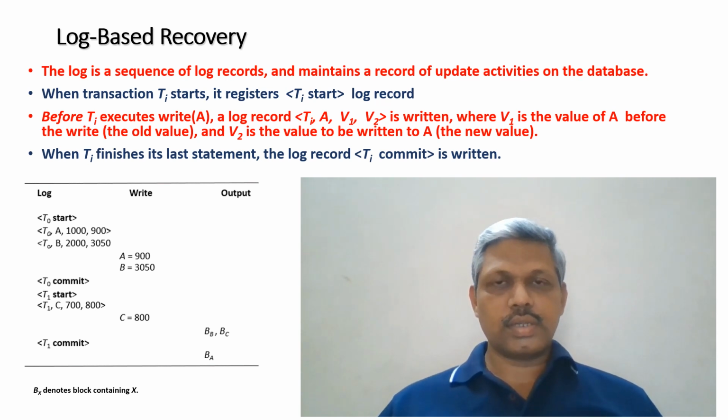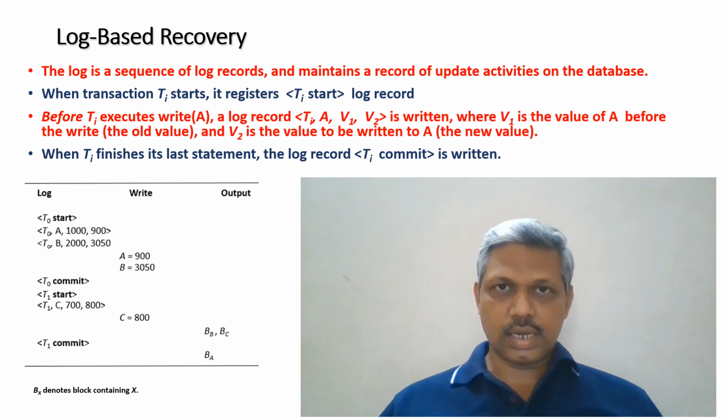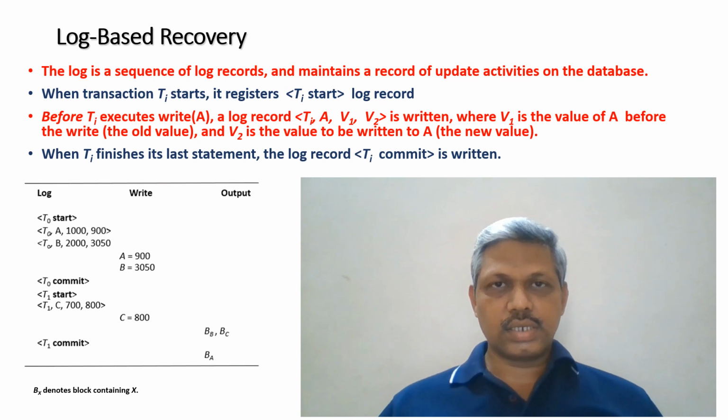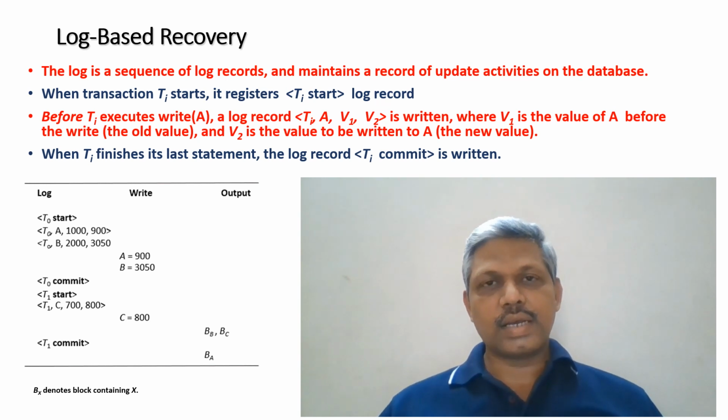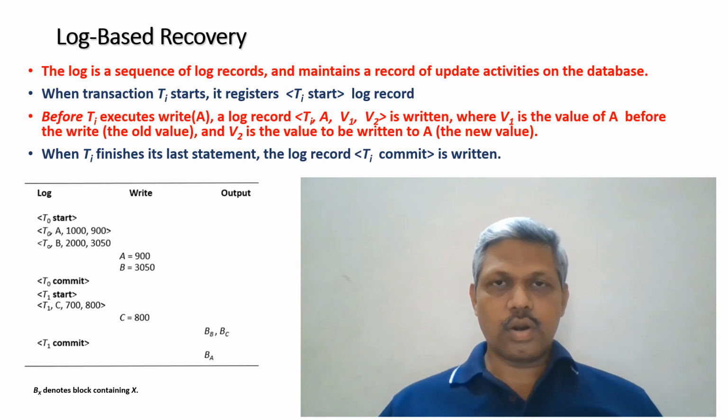There are two techniques. One is a deferred mode, one is an immediate mode. In the deferred mode, we wait until the transaction commits, and at the time of committing, we transfer all the log records onto a stable storage. That is one way. And another one is as and when the transaction does something, it immediately transfers the contents of the log records onto the stable storage, then modifies the database object even before the transaction commits. That is the immediate database modification method.